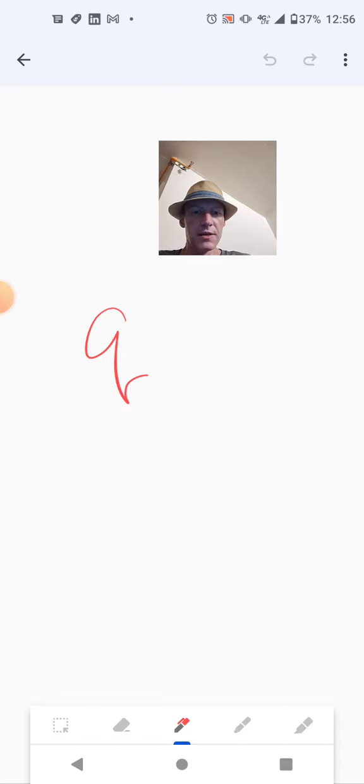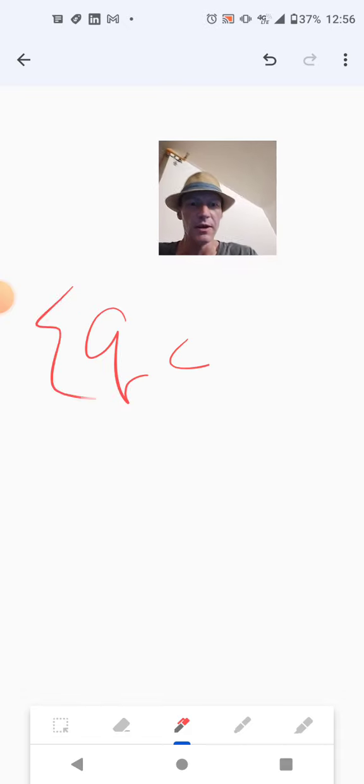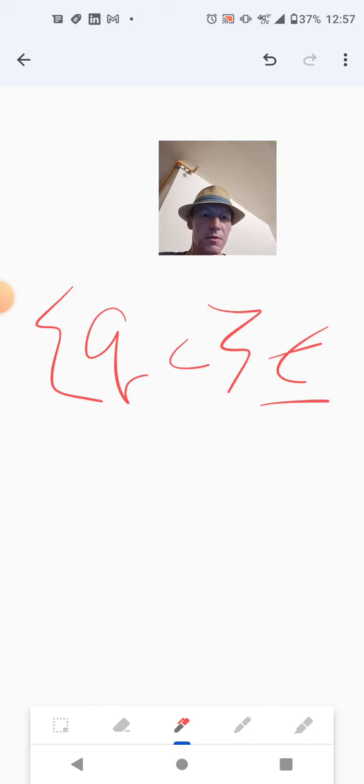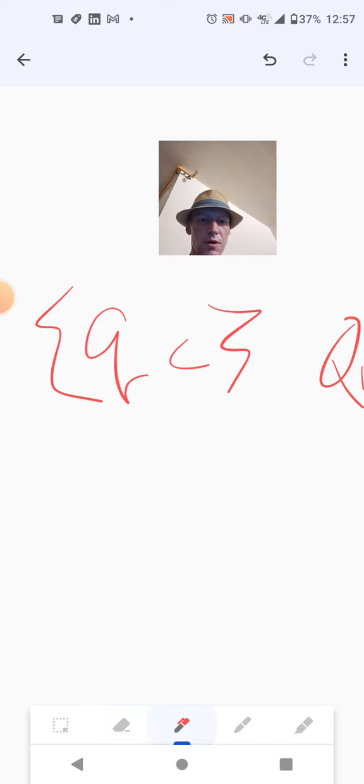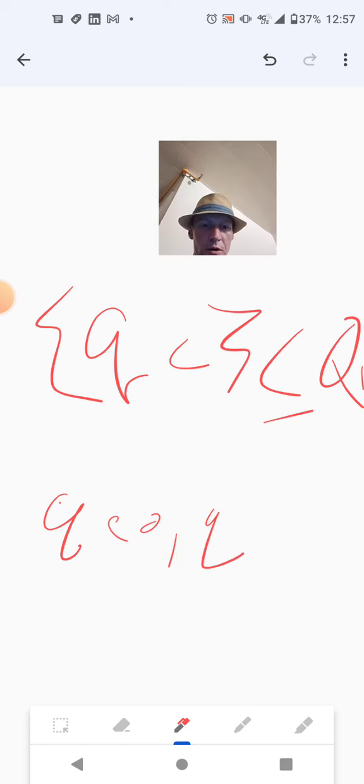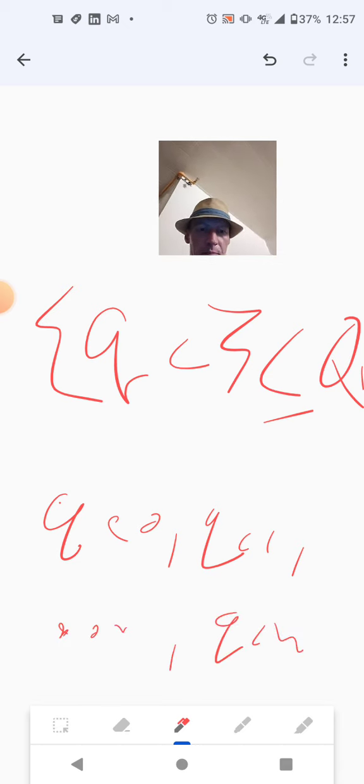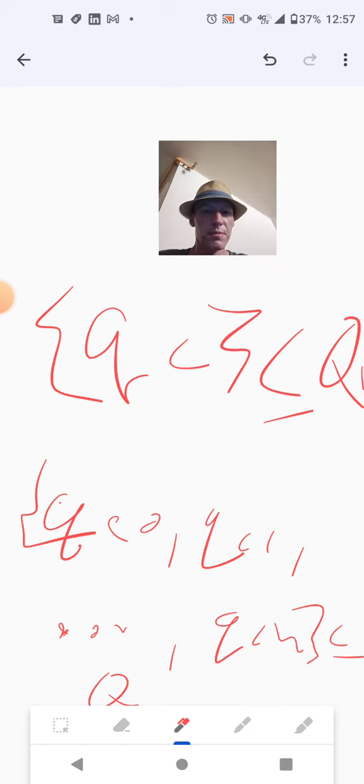So you've got Q current, alright? You'll say the states I might transition into from here belong to Q. Also belonging to Q is Q current 0, Q current 1, dot dot dot, Q current N, alright? So these states also belong to Q. Those are the states you could go to from Q current. These are the ones you might end up in.